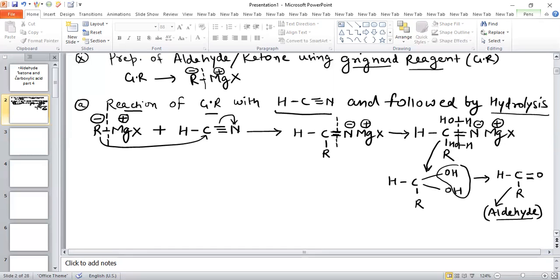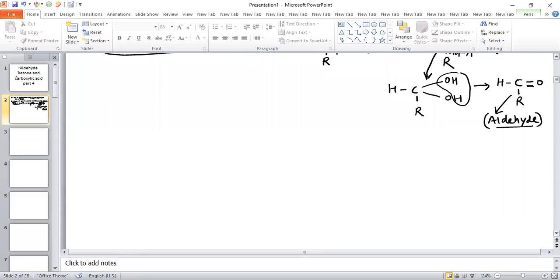Now see, if it is like this, I am taking another compound as an example. Like it is given CH3MgBr, and a positive charge is present on magnesium. So the negative charge is on carbon. When this single bond breaks, there is a negative charge on carbon and a positive charge on magnesium. Now you can see what happens basically in this case.